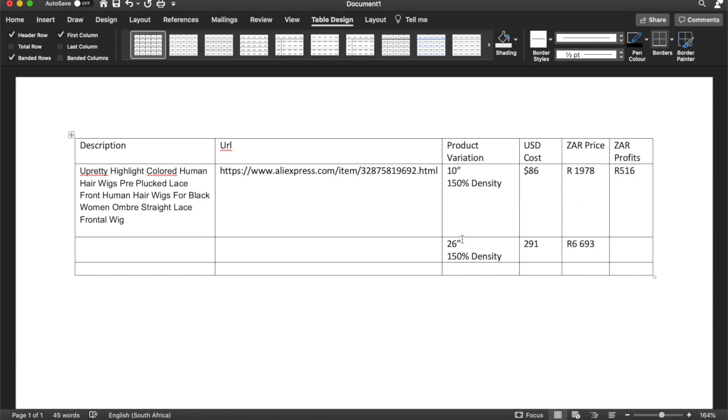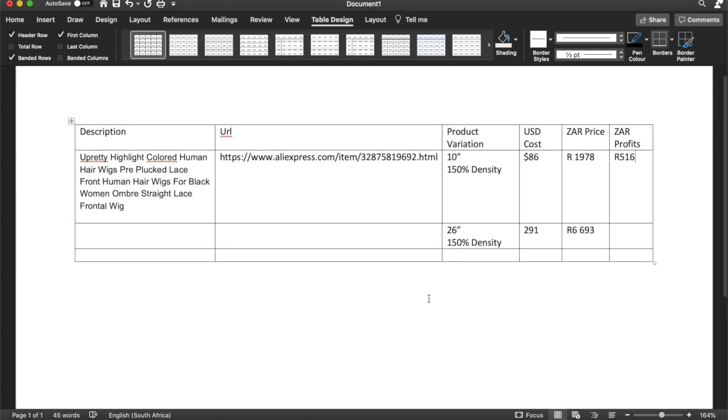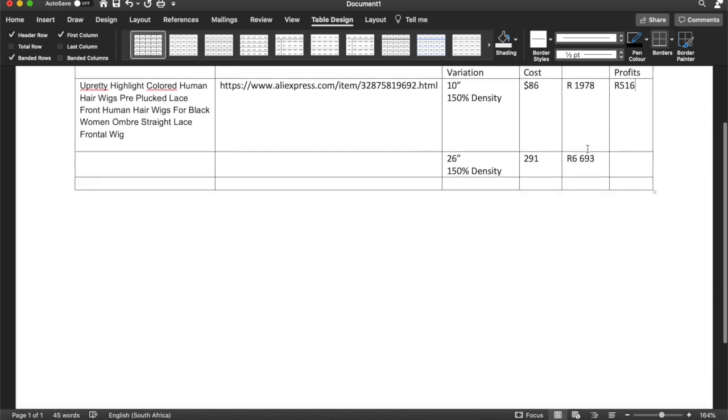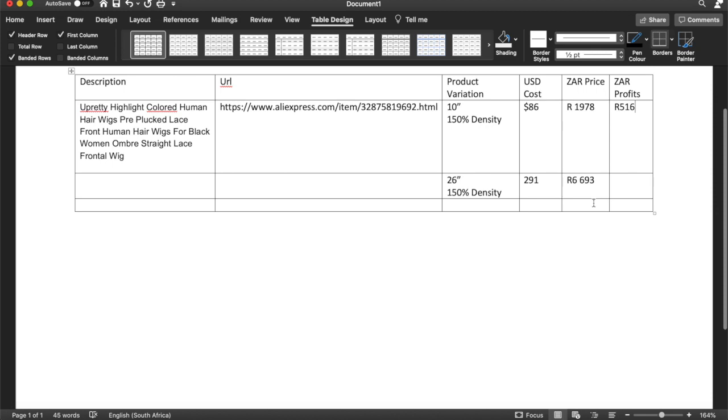And perhaps do this for all your products. This is going to take you time, and I'm not going to do this on the screen because I don't have the time, but perhaps do this manually, because if you do it manually, then you can decide, okay, this is too much. The percentage is the right percentage, but 6,000 is too much, so you could reduce this to 5,000 maybe and still make 500 rand profit. Okay, but not have the difference being too large, and make the wig still affordable.